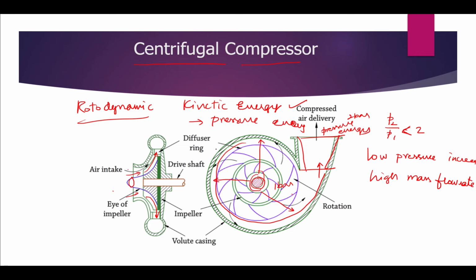You have to draw this diagram and it will be given for 5 marks or 10 marks. If it is 5 marks, 2.5 marks will be given for the diagram and 2.5 marks for the explanation. Here the casing is called volute casing because a volute or involute will be like this, right? Similarly the casing will also be like this. The air will be coming like this and it will go like this. Okay, this is how a centrifugal compressor works.